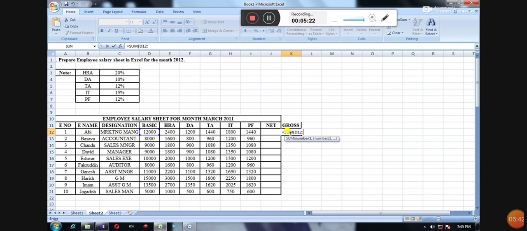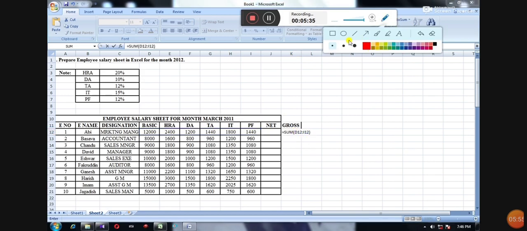For that we can use the sum function by giving the range of cells D12 to I12. D12 to I12. So just note down the formula to get the gross salary, which calculates all the cell data.